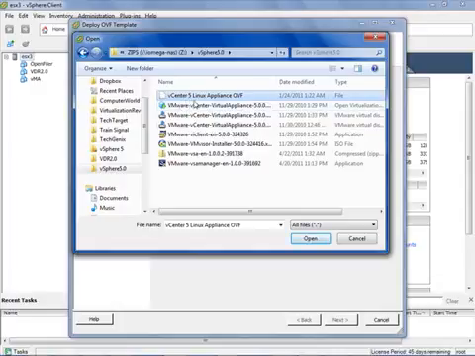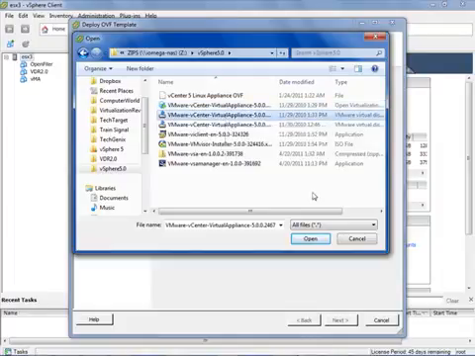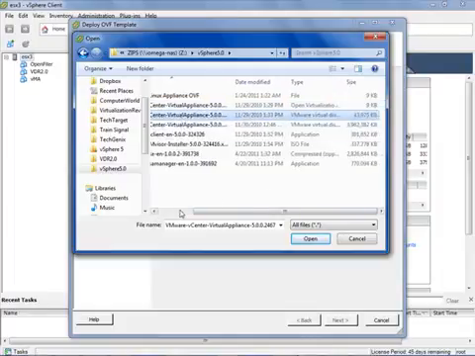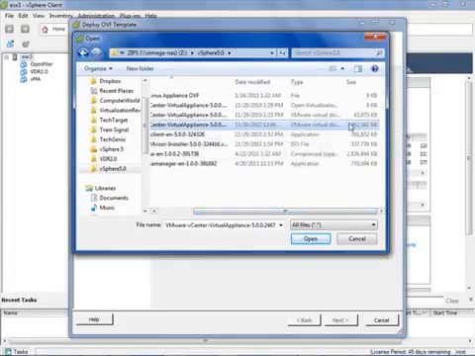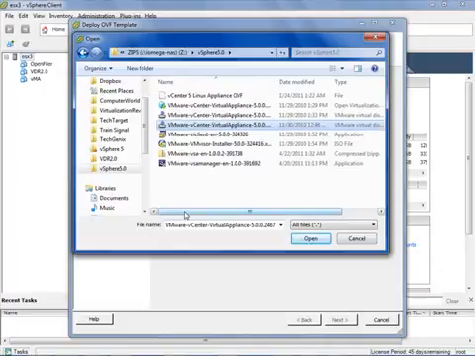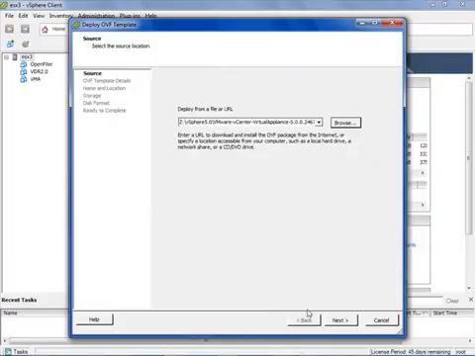The vCenter 5 Linux Appliance OVF. There's another OVF file here, and actually one just references the other. Then there's the Virtual Appliance Data Disk, and that's actually the smaller data disk. And then there's the Virtual Appliance System Disk, and that's actually the very large, approximately 4 gigabyte VMware Virtual Disk file. So all 4 of these files were downloaded from VMware.com, but if we just search for OVF packages, we just find the one. So I'm going to click on that one OVF file and click Open,